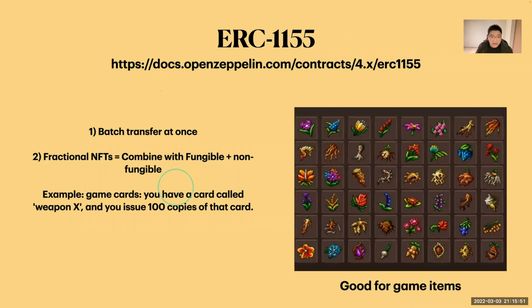Okay, and another very important feature is fractional NFT. I told you that with an NFT we cannot split a token. But with this smart contract, we can sell one NFT and split it into tokens.